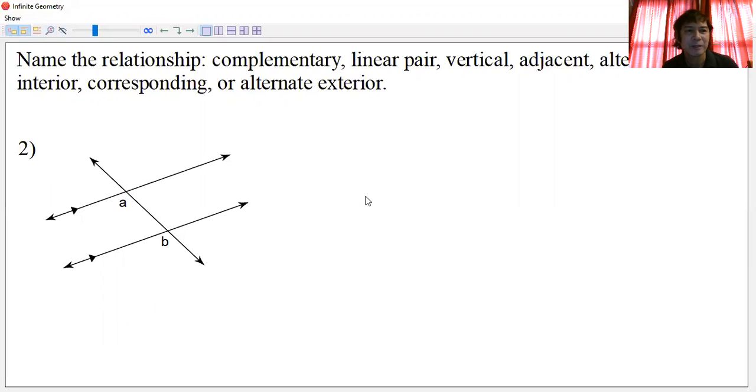All right, here comes the next. This is number 2. You're presented with two parallel lines here, two parallel, because you can see the symbol. And these are the parallel lines, and this line that intersects the two is called a transversal. Now, the angle A and the angle B, let's do a little annotation there. This angle and this angle,